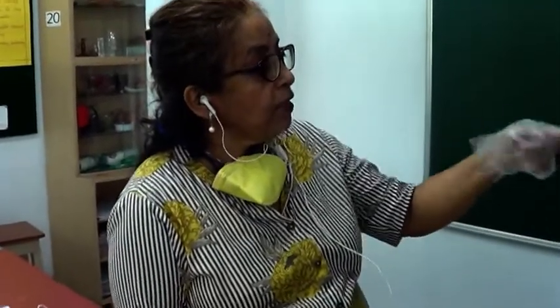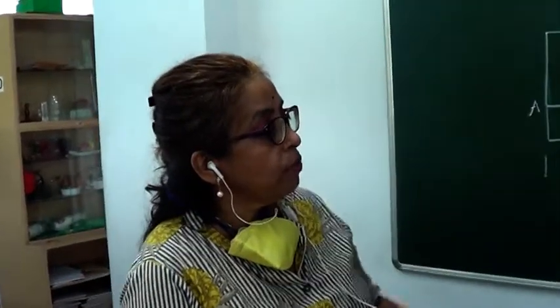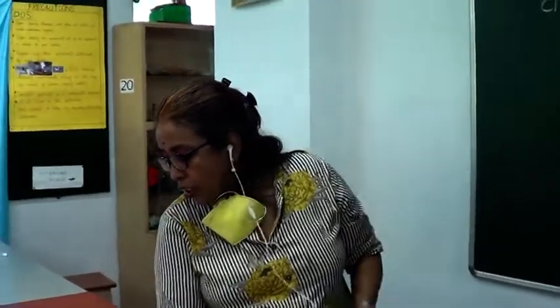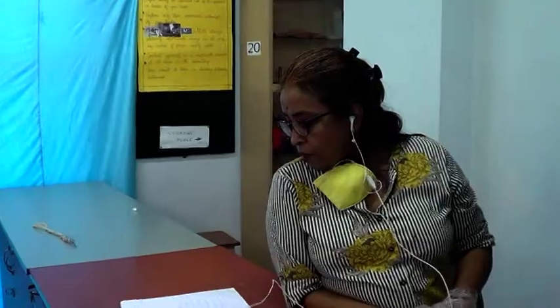Tell me the slope. You take any one V and one I, divide V by I and tell me the slope from the data. Please do the experiment. You know the V value. What is the V value? 1.4. And what is the I value? 0.3. So V by I, find out what V by I comes to.